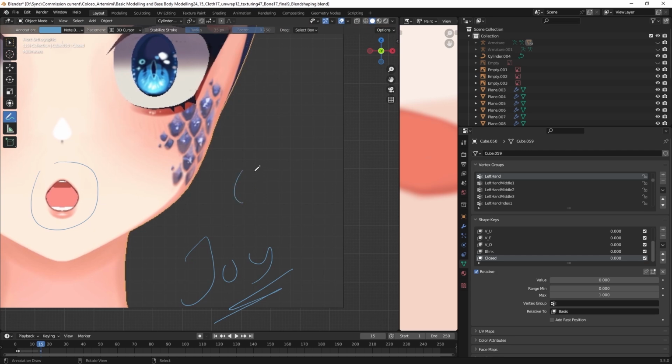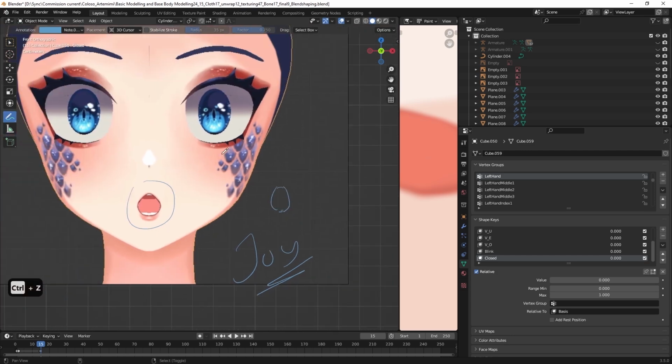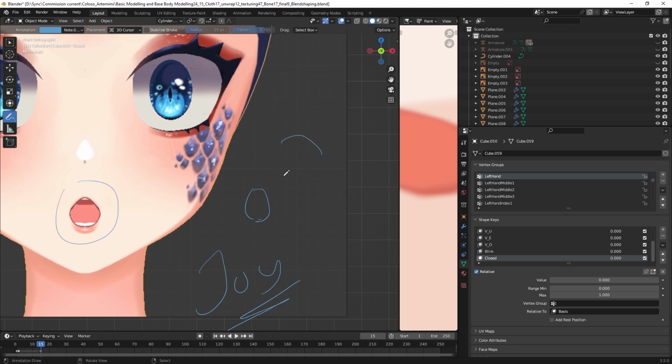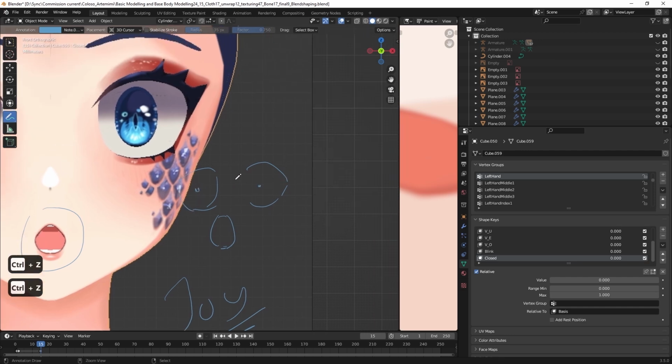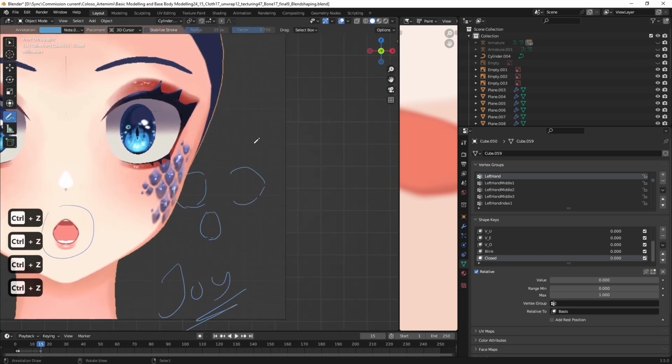So it will be like this O. And then we're gonna make the eyes a little bit bigger, like eyes wide. So the eyes will be open wide, something like this. And then we will have the eyebrow like this.